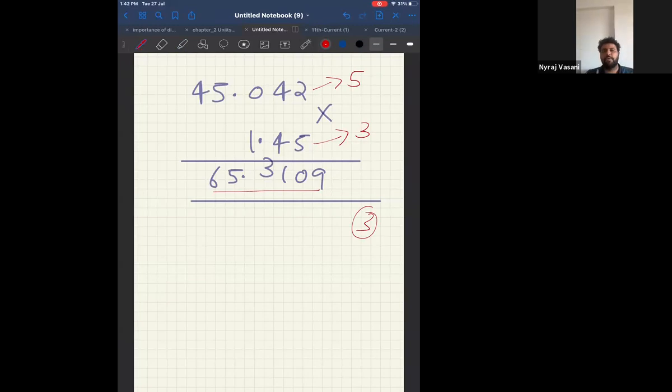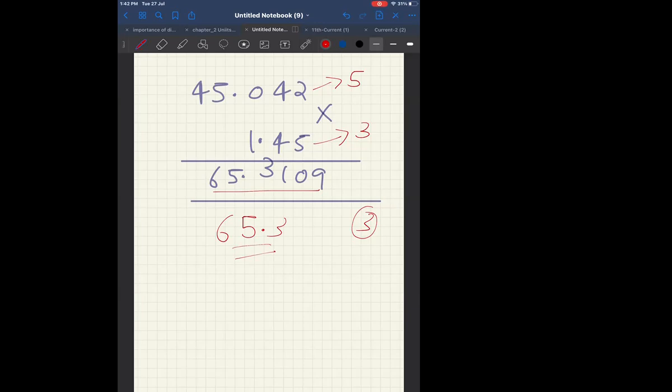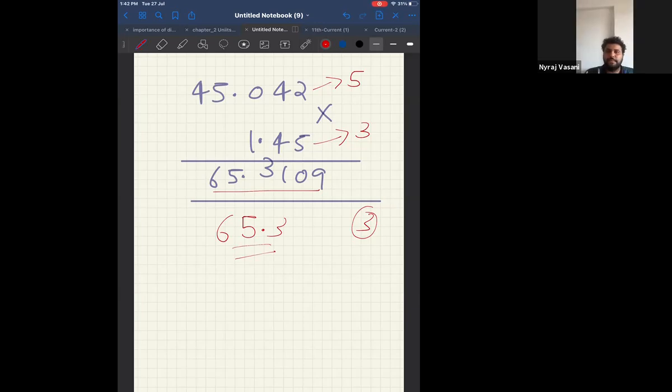So if I want to round it off to 3 significant figures, it will be 65.3. Obvious choice. No doubt in this. Easy. See, this is just one example. Example is not important. Logic is important. Did you understand how many significant figures are there in the first number? How many significant figures are there in the second number? Which has the least one? Your answer also should have so many significant figures. Therefore, this is my answer. Okay. Now let us do one division example.